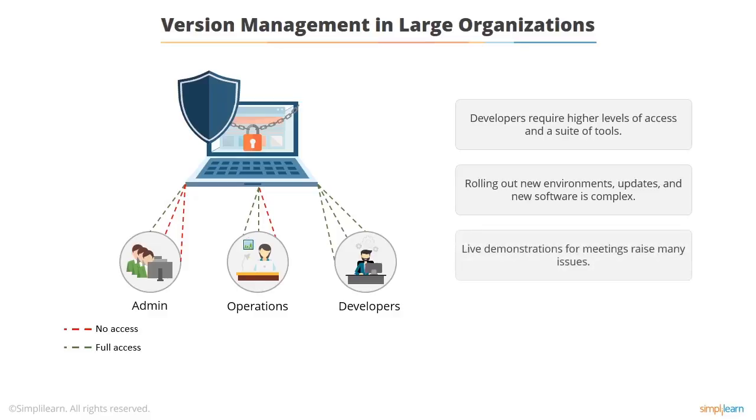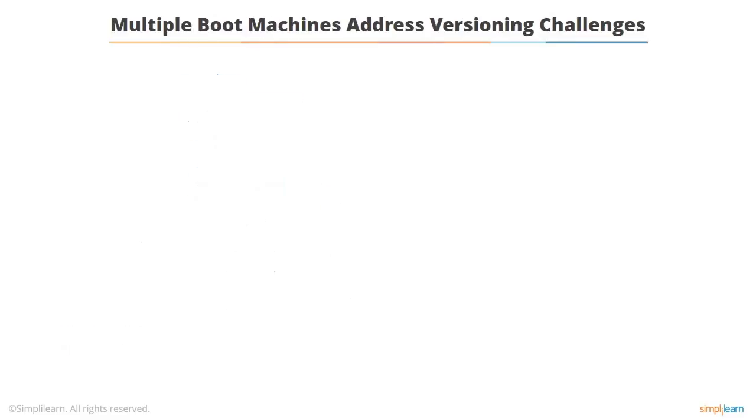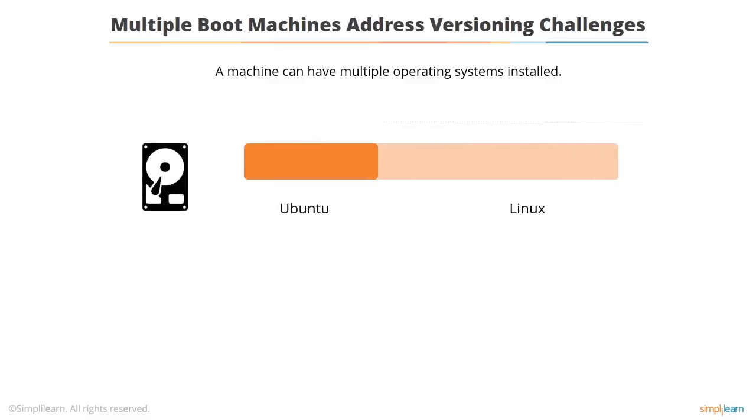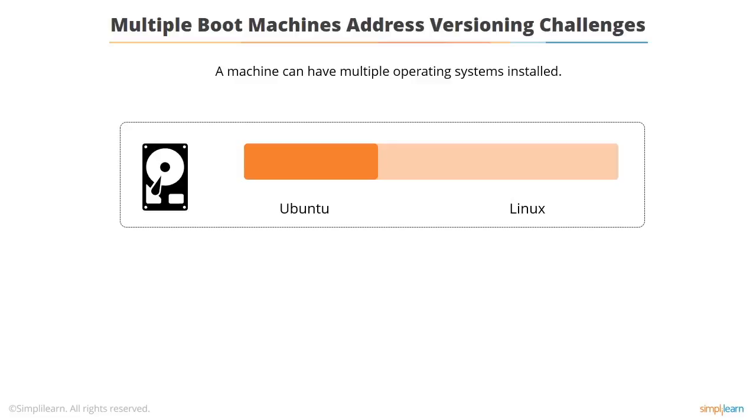And then doing things like meetings, it gets very complex there because you need a particular environment in a meeting environment, which is not going to be the general case, and you don't want to start moving computers around. So we had the multiple boot machine, which has been around for quite a long time, where basically you have a separate disk or disk partition for each operating system. There are some issues with that.